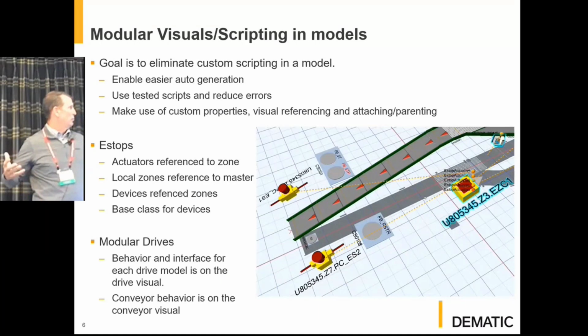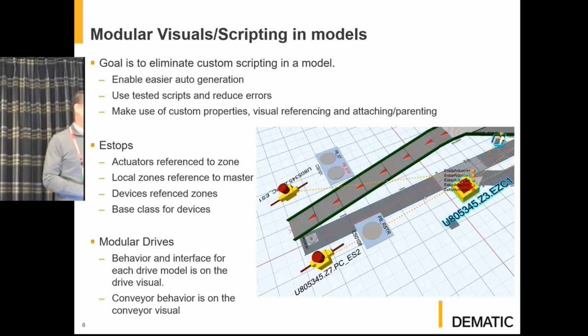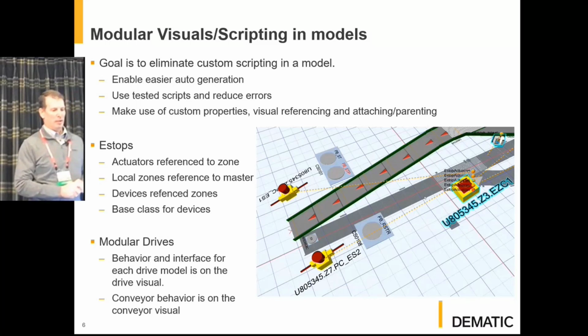When I first started looking at building this generation plugin, we had our previous system. We had probably 20 to 30 catalogs and just as many scripts. We had hundreds of scripts. Every time we added a photo eye to a conveyor, it ended up being a different script. Every time we changed how a piece discharges, it was another script. So we had scripts just everywhere, and that wasn't going to work for generating the conveyor, because otherwise the generator plugin would have to know too much about how this is going